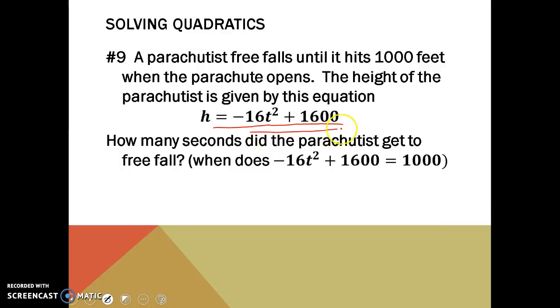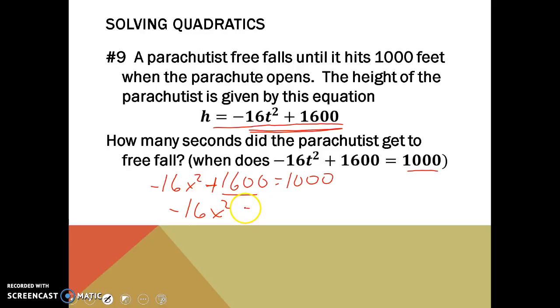So that means we're going to set this equal to 1,000. And so we have -16 t squared, I'm going to call it x squared, plus 1,600 equals 1,000. And I'm going to start by getting this equal to 0. Actually, I'm not going to do that. Because there is no middle term, I'm just going to subtract 1,600 from both sides. And so I'll have -16x squared equals